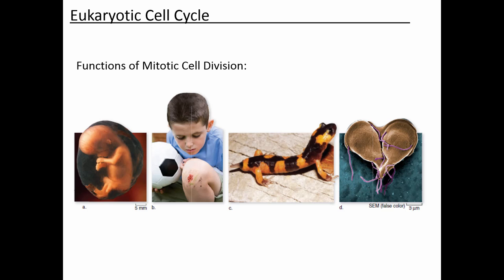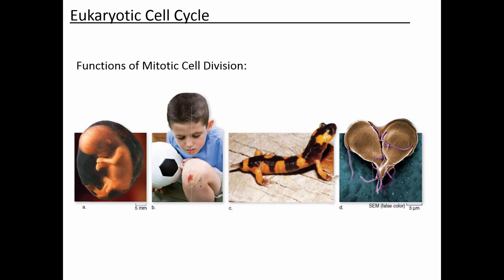Okay, so the first thing we're going to talk about is some of the functions of a mitotic cell division. So the first cell cycle that we're going to go through with respect to eukaryotes is a cell cycle that includes mitosis. And there are several functions for a mitotic cell division. In A, this is something that you guys learned in lab last week when we did the discussion of the mitosis and meiosis lab. But one thing that mitosis does is it produces the multiple cells of a multicellular organism. So everyone in this classroom started off as a single cell, and that single cell produced the many cells that make up your body through mitotic cell divisions.